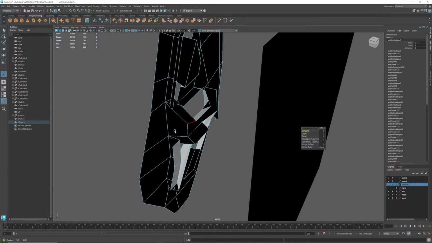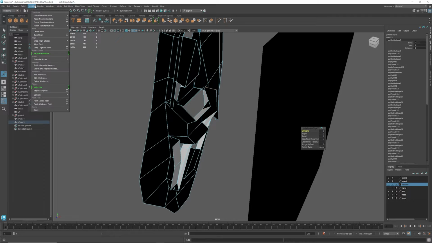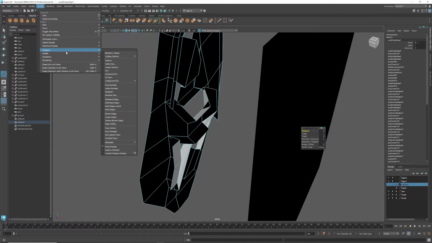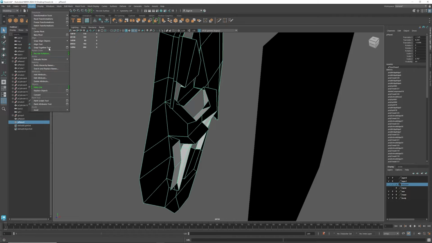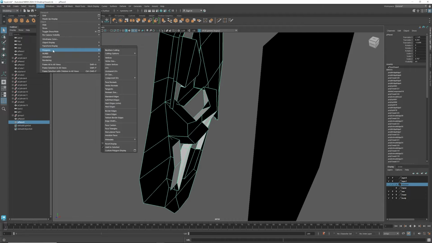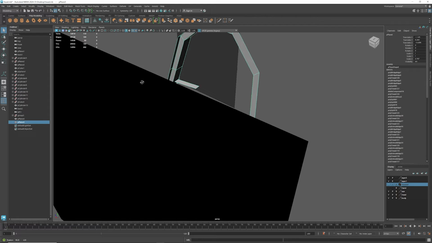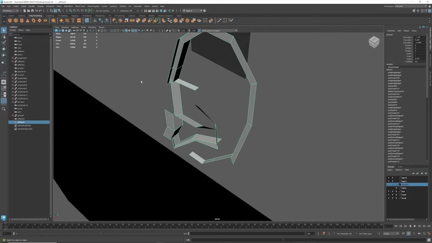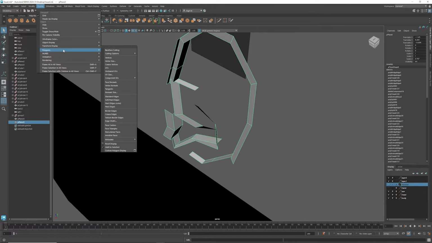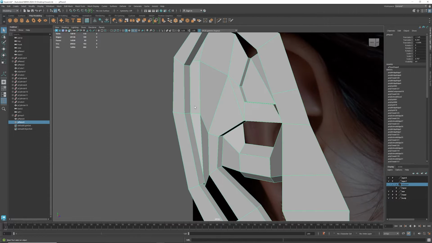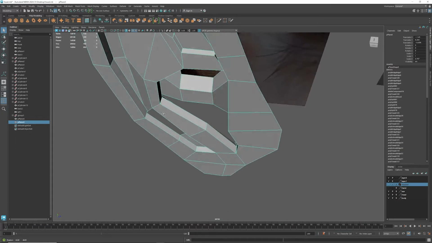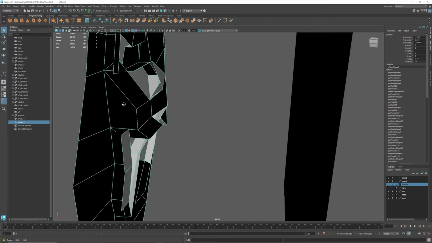And if you run into this, where the black is always getting confusing, we can always go to display, polygons, and backface culling. What that will do is, if I'm in object mode and have my object selected, display, polygons, backface culling will allow me to look back and forth. And if it doesn't work for you, basically undo that. So with that idea in mind, I'm just going through and lining things up, if you will,